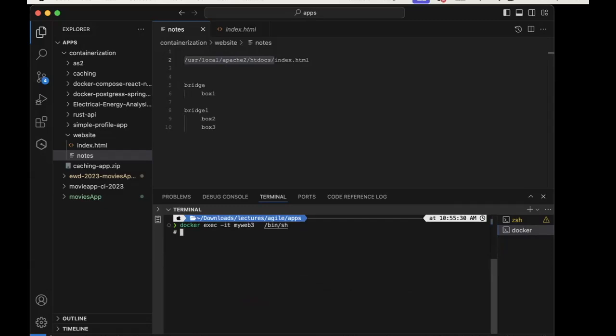And so if I now do the exact same thing as I did with my web, if I do cd down into this folder here, or this path,